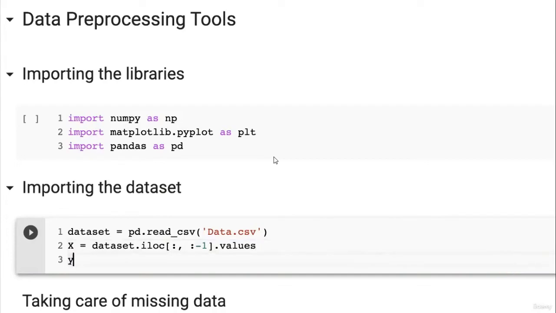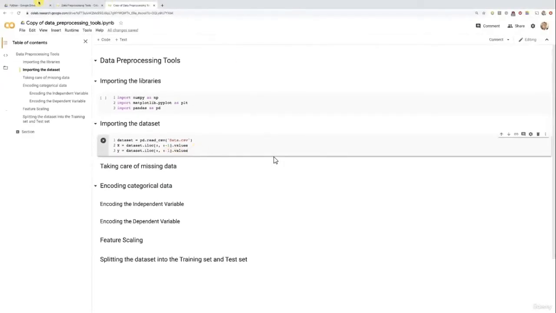And now let's do the same for our dependent variable vector. This will be exactly the same, we'll just have to change one little thing. To copy this and paste it right here. And now, based on what I've just explained, what do we have to change here in order to get the dependent variable vector? Most of the time in our data set, indeed, it is the last column,